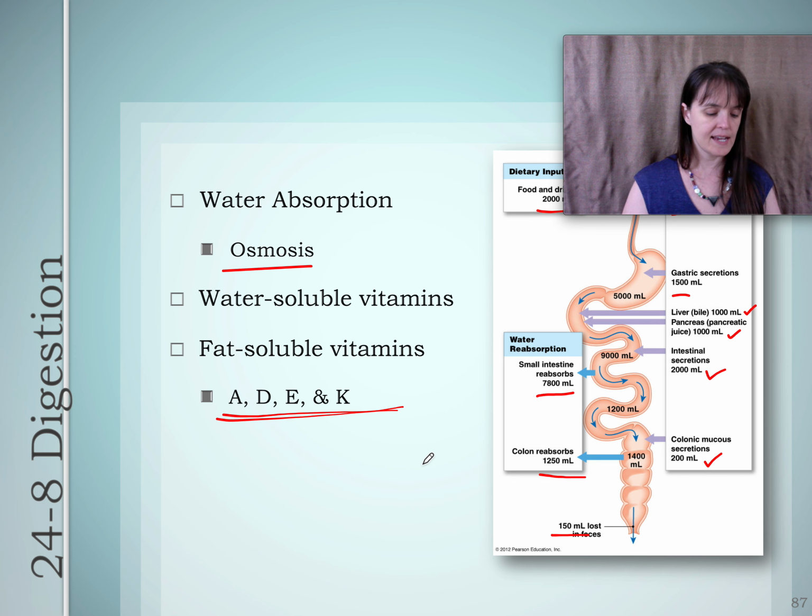Okay. And vitamin K, as we said, you eat half of it and your microbiome makes half of it. So it's not that you make your own, but you don't have to eat all of it because the microbiome makes it, the bacteria make it, good bacteria make it. And that is something that your liver uses to make clotting proteins. So without enough vitamin K, you are at risk of hemorrhaging. Okay.